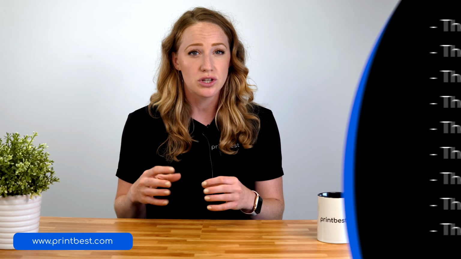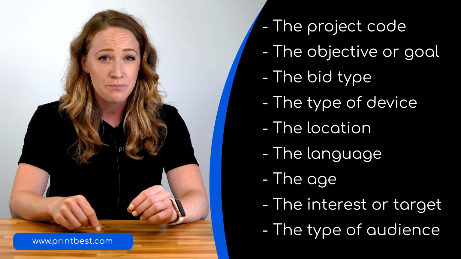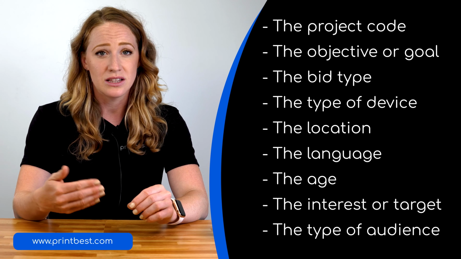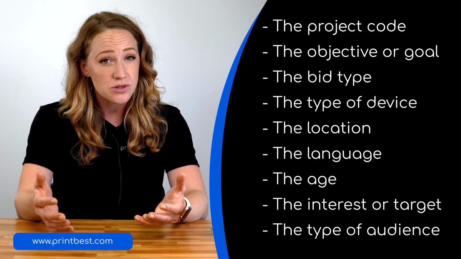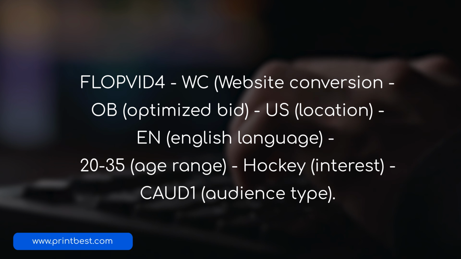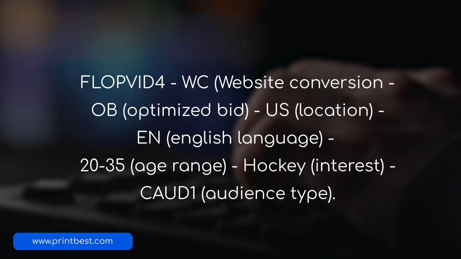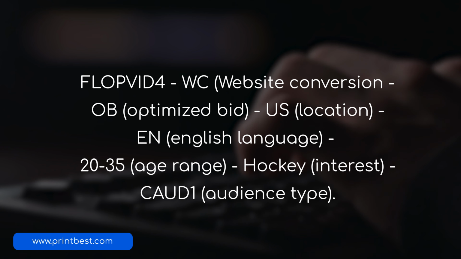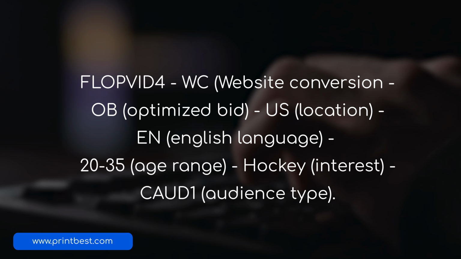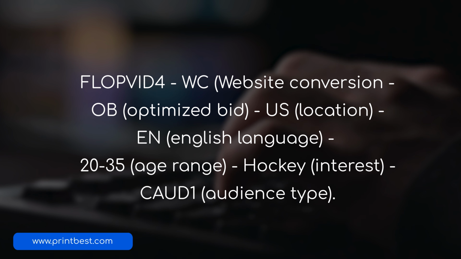But for the ad sets, that name needs to be a lot longer based on different types of parameters that you choose. The ad set name should contain the project code that relates to the campaign name, the objectives or goal, the bid type, the type of device, the location, the language, the age, the interest or the target, and the type of audience. So, an example of this could be flopvid4 -WC website conversion -OB optimized bid -US location -EN English language -20 to 35 age range -hockey interest